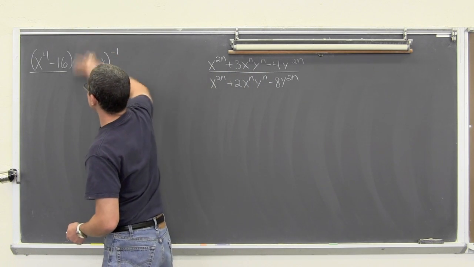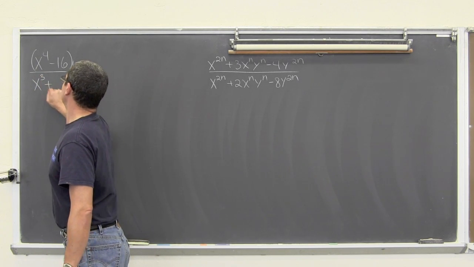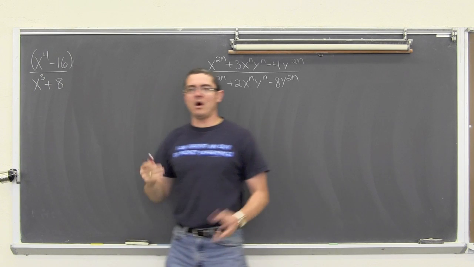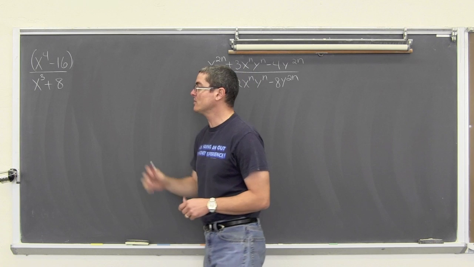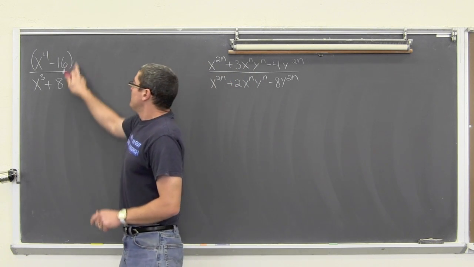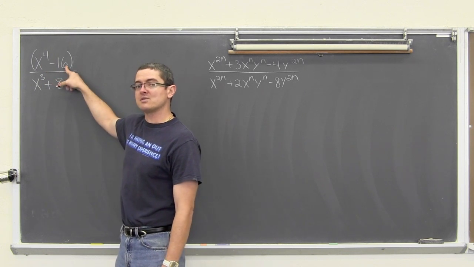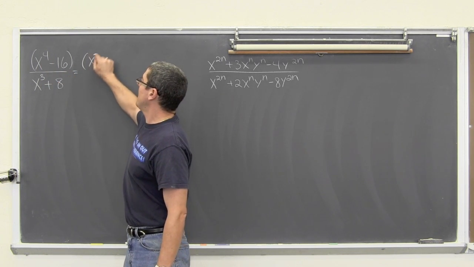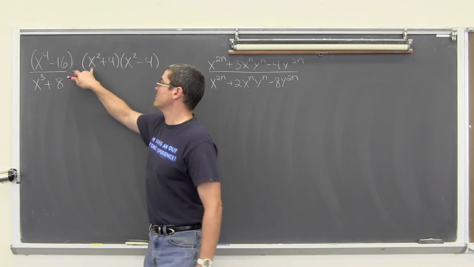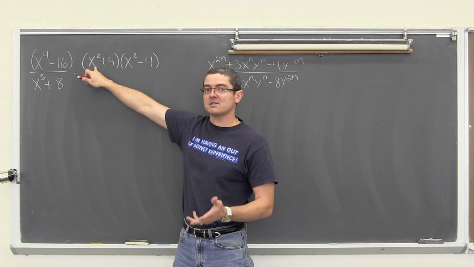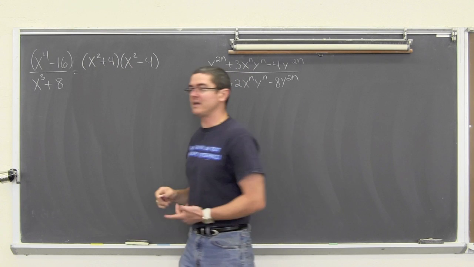So this becomes, I'm just going to rewrite the problem here, x cubed plus 8. And it was to a power of 1, and that doesn't do anything anymore, now that we've moved the base into the denominator, so I'm going to lose the parentheses. This is a difference of squares. So we're going to square root the first term, square root the last term. And that is going to create x squared plus 4 times x squared minus 4. The square root of x to the 4th is x squared. And the square root of 16 is 4. We just have one with a plus and one with a minus.